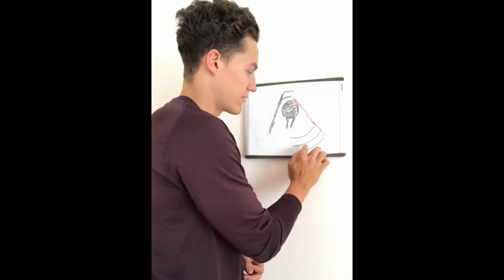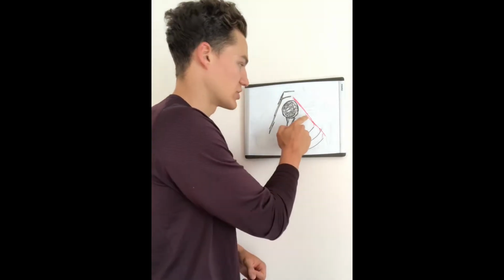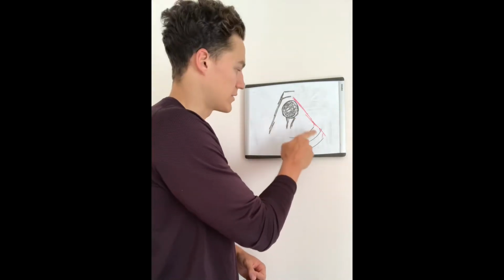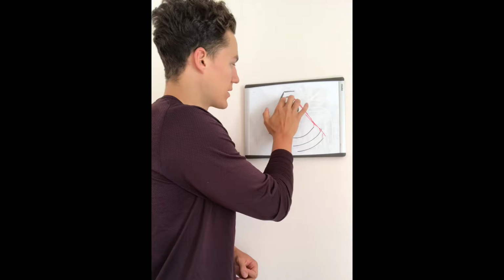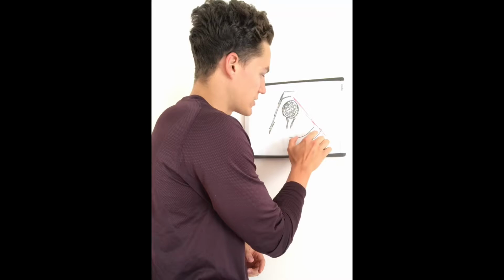This is ribs 3, 4, and 5. Okay, and the big topic today is the pec minor, which is the muscle I have in red here that goes from the coracoid process, so the little bump or little bone that you can feel just kind of below the end of the clavicle right there. And it goes from that coracoid process down to ribs 3, 4, and 5. And what you get is